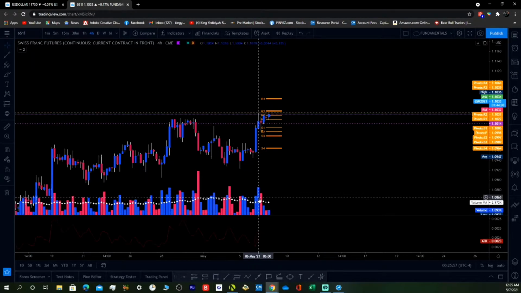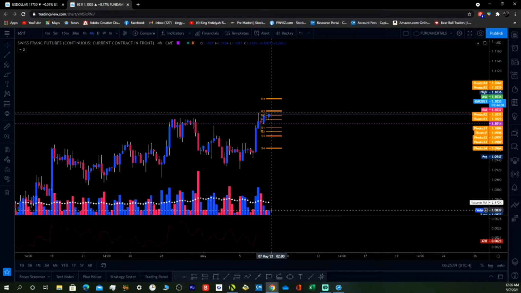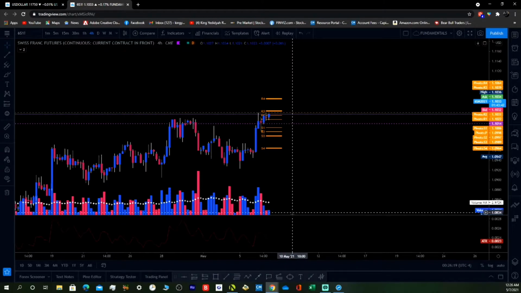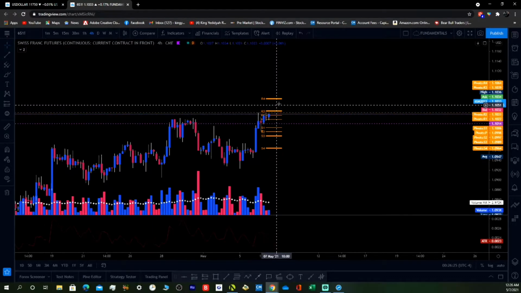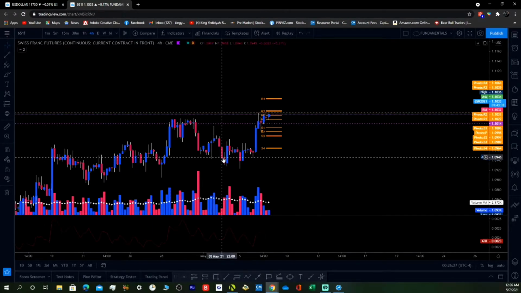The only thing is that the volume is dropping off. But then again, we're in the Asian session right now. Well, we're kind of crossing over now into coming up to the British session, but usually in the Asian session there's not a lot of volume, so this is kind of understandable, but we're still pushing higher. So when the volume comes in later on today, when the London market opens, I could expect this to keep getting stronger, right?